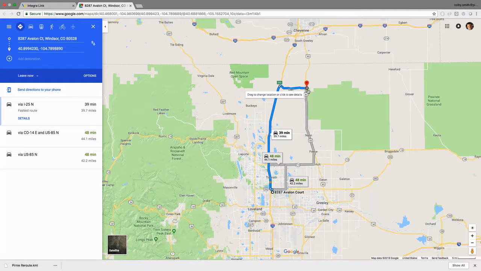Certainly if we were using a mobile device, it would have taken me immediately to turn-by-turn navigation so that I could have started that turn-by-turn navigation and navigated right out to the right-of-way. And I would also like to point out that about 20% of our traffic on Integra Link right now is through a mobile device, either a tablet type form factor or even a phone factor, or iPhone or telephone phone